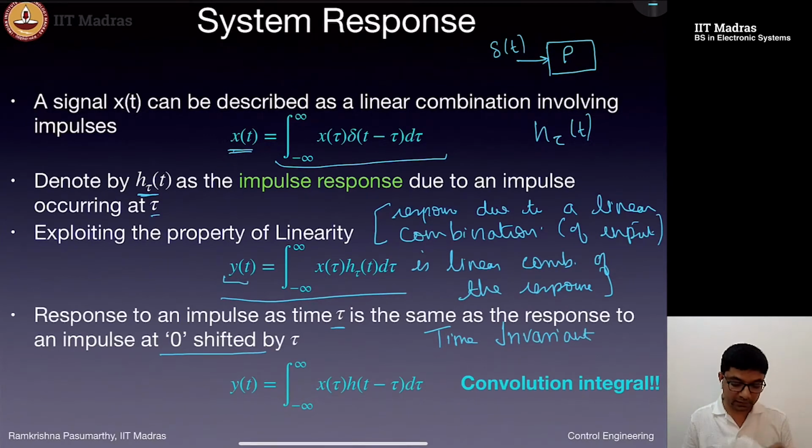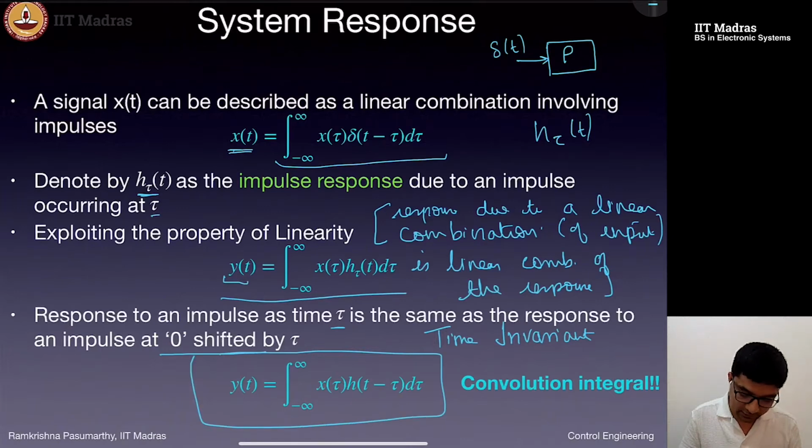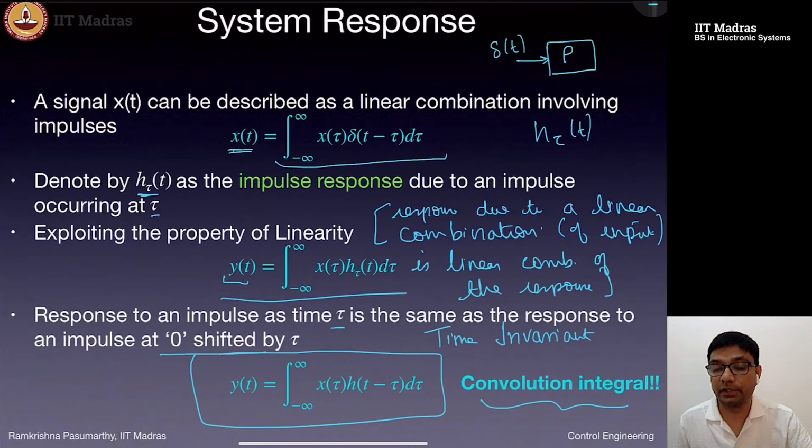So it doesn't matter if I shift the input, or I first measure the output and shift the output by a certain tau. Okay, so this is now mathematically written in this nice beautiful expression called the convolution integral,